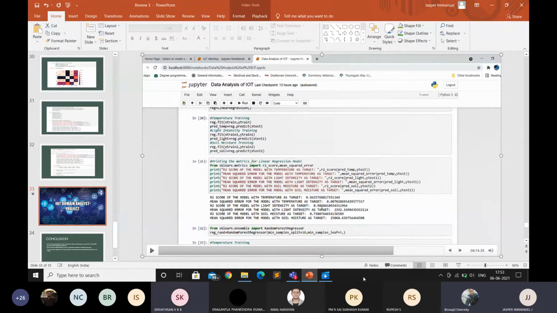That depends on the plants, I guess. Here we consider these 3 cases, but in some cases they'll be considering only light intensity or soil moisture. So you are saying that depending upon the plant, you will fix these things. Since 3 parameters are there, there will be 3 cases, because you consider 2 parameters and the other one is predicted. So you are saying that all these 3 cases are not going to be used for all plants, and depending upon the plant, you will use any one of them.